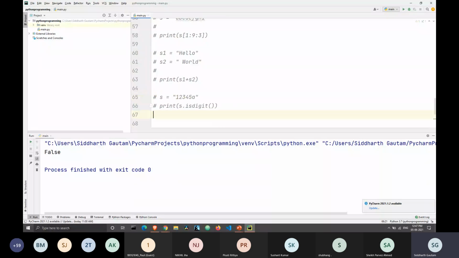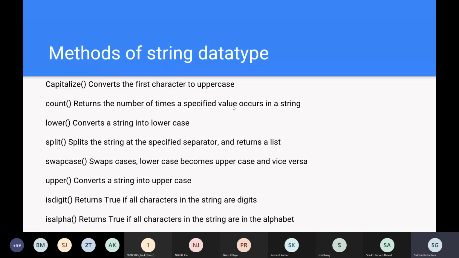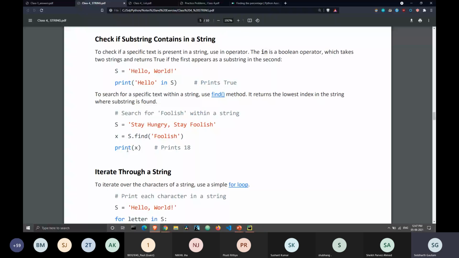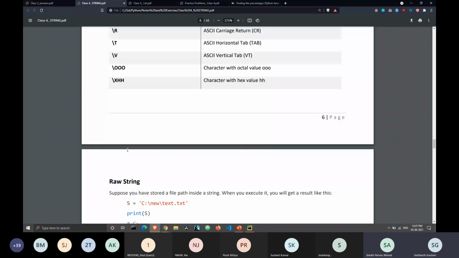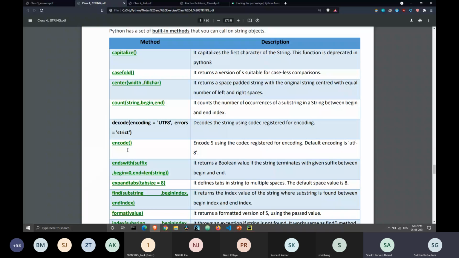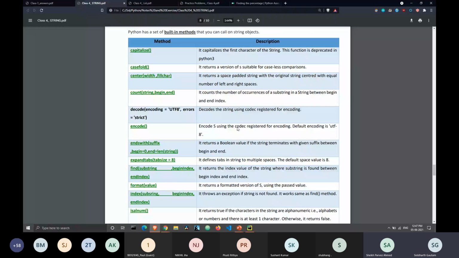Okay, so I guess these are all. I'm not going to do all of them. But I want you all to experiment with all of them, and these are not all. Don't refer to the presentation, refer to the resource. There are more of them here. Let me just scroll down to that portion. I have added every string function in the resource. Just go and try each one of them.